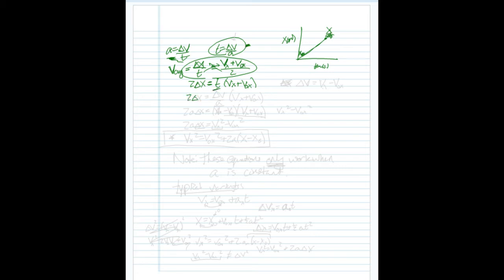So 2 delta x stays the same. Everywhere I see a t, I'm going to replace it with delta v over a. Now I don't like having this a in the denominator, so I'm going to multiply it over to the other side. 2a delta x equals delta v